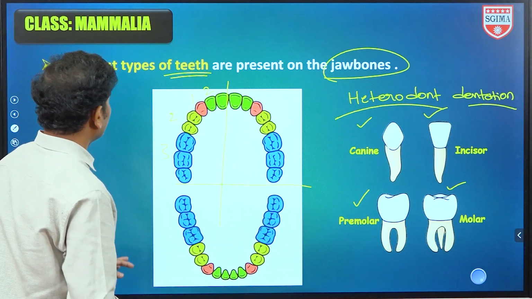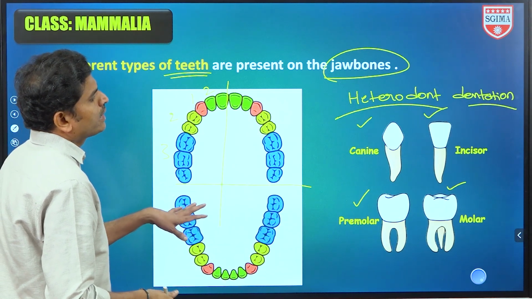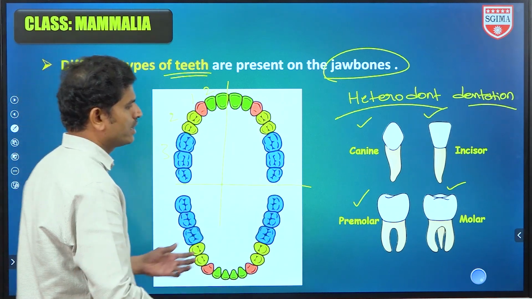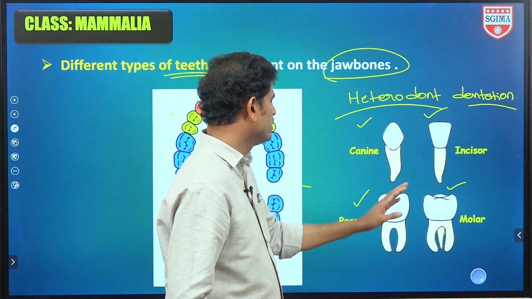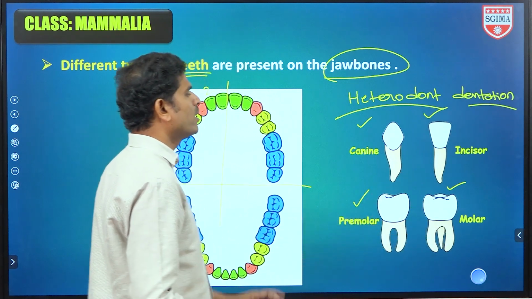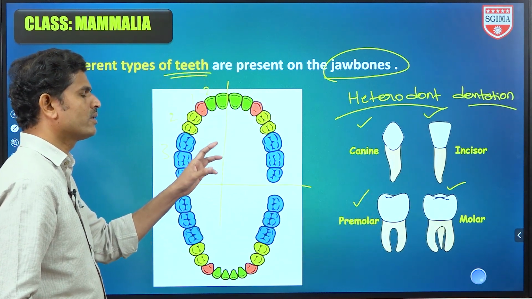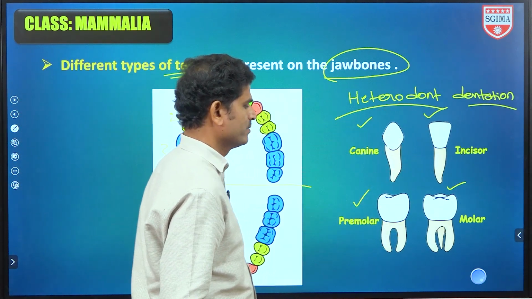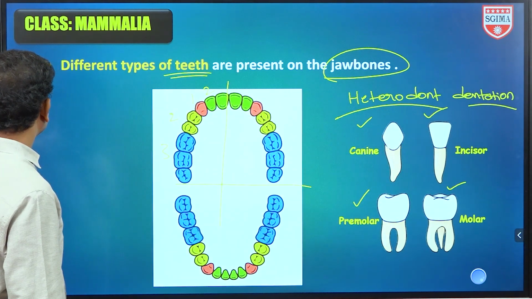So finally what we can understand is mammals contain different varieties of teeth on jawbones. So those varieties, majorly these are incisors, canines, premolars and molars. They have different variety of functions. Based on their functions only, their structure also will be decided. So shape, size, everything. Okay, next point.